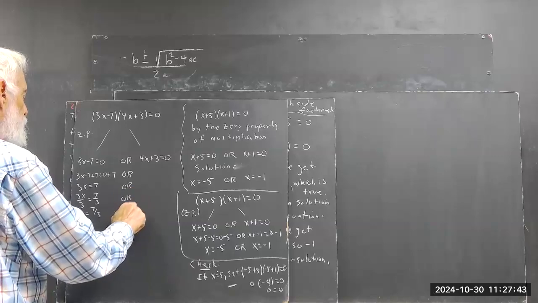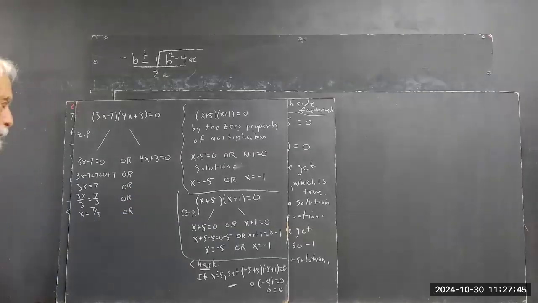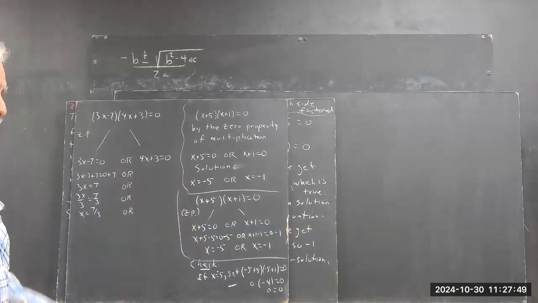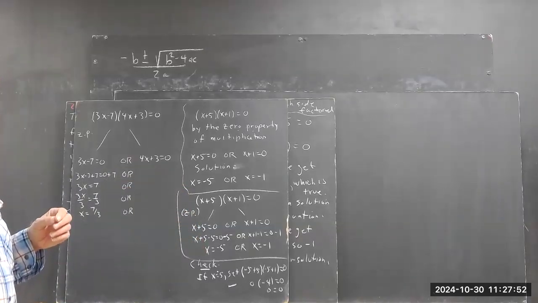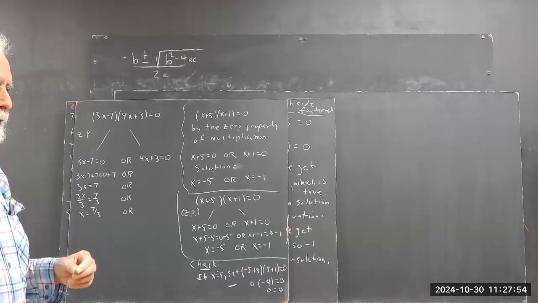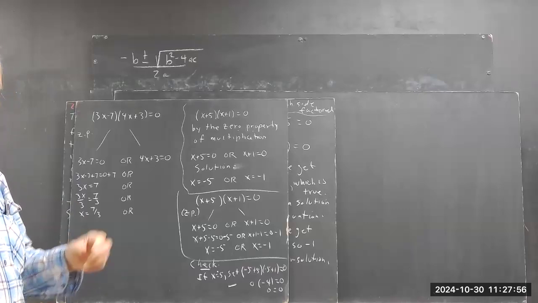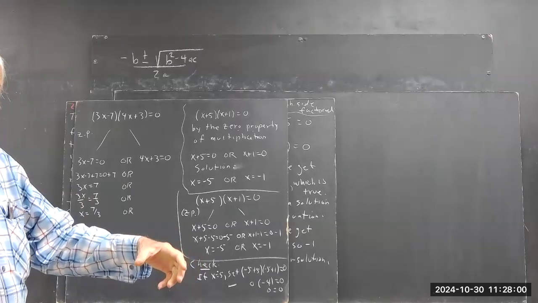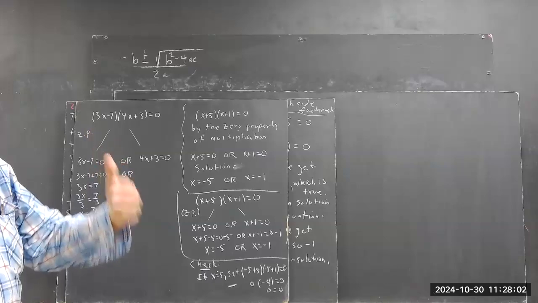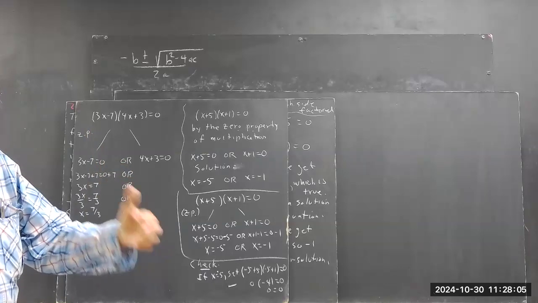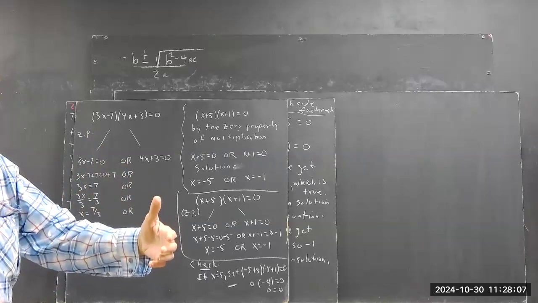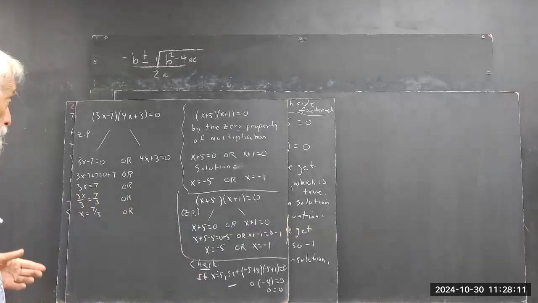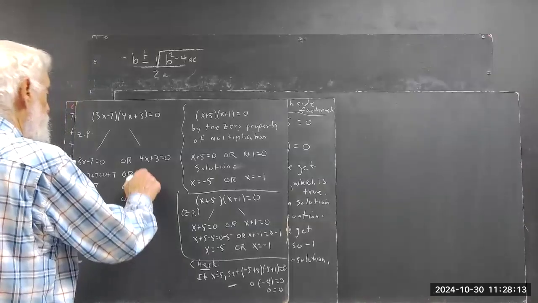Now, as I said, I want to see that or in every step because we really want to emphasize that this is an or. Because when we write out our solution set, we say the solution set is this and this, because these are the solutions, okay? This is a solution and this is a solution. It's not this is a solution or this is a solution. The difference between and and or is a little more subtle than most people take it for. Okay, so we do